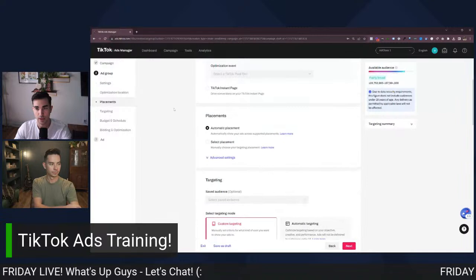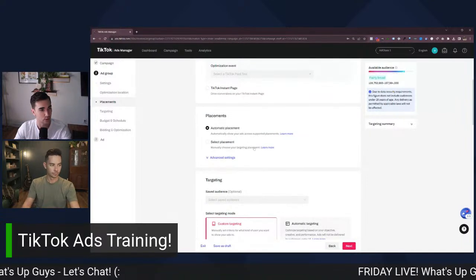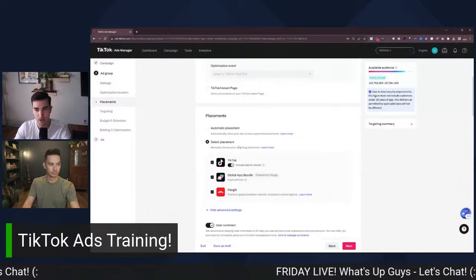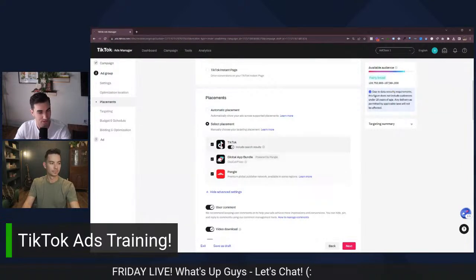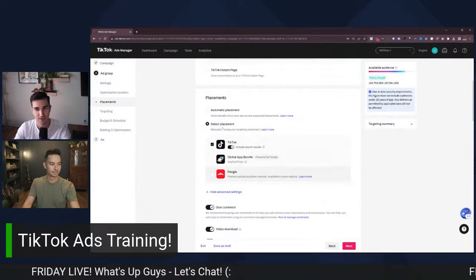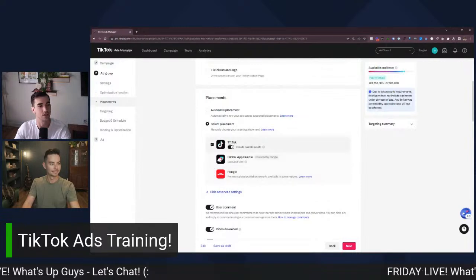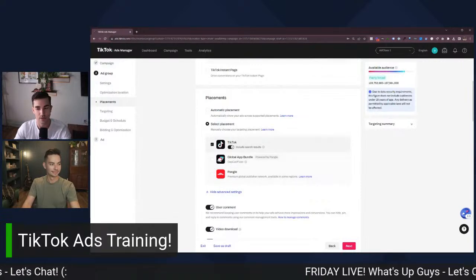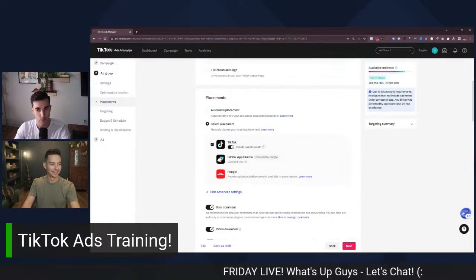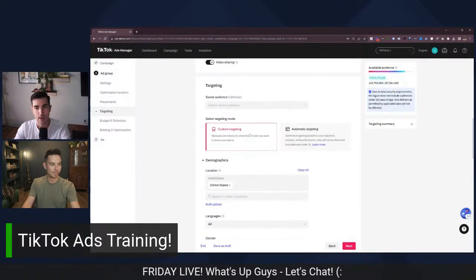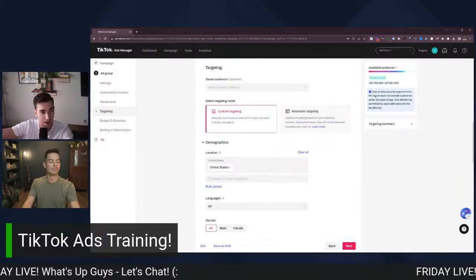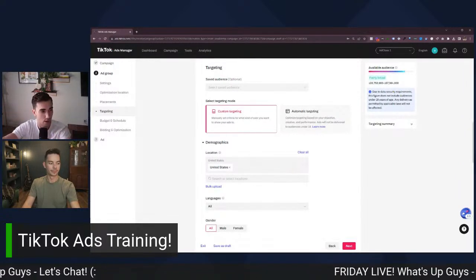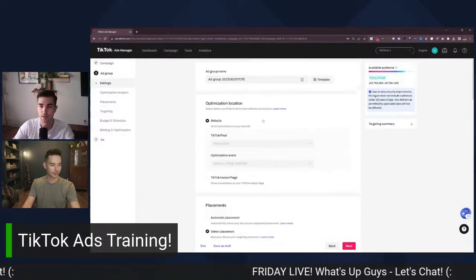The second thing you pick at this level is what placements you're going to actually show the ads on. So on TikTok, there's not a ton of placements, right? You can see they have Pangle, Global App Bundle, and TikTok. It's not like Meta where you have Instagram, and Facebook and WhatsApp and all these different places you can put an ad. But you do still pick your placements at the ad set level. And then you also pick the targeting, which is your age, your demographic, and the different sorts of audiences that you're going to target. So let's go through those one by one.